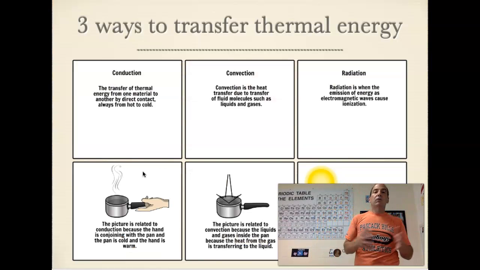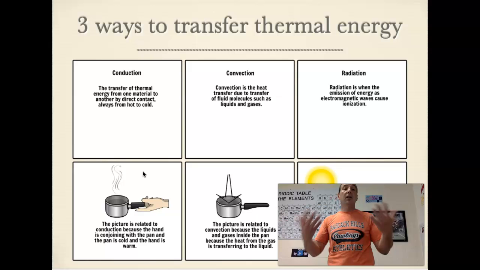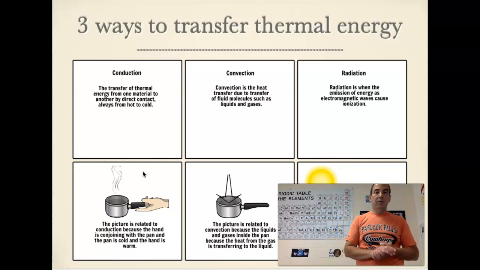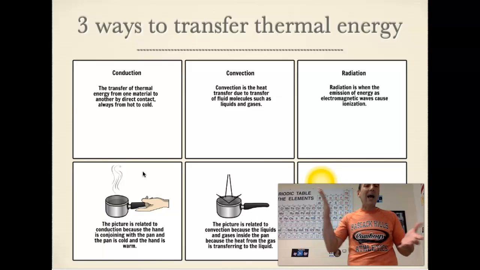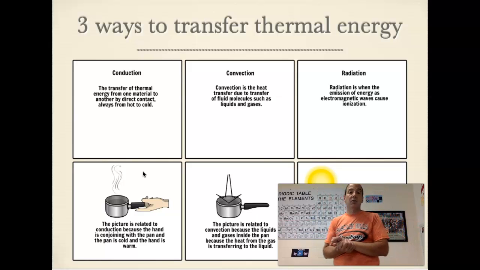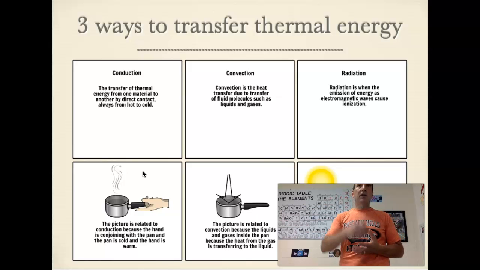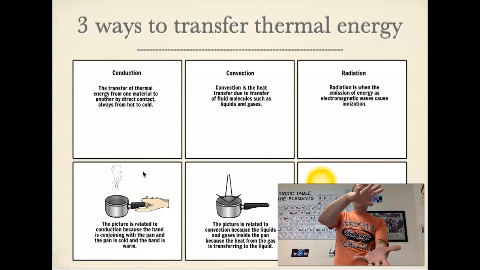Okay, in terms of transferring thermal energy or heating something, there are three ways: conduction, convection, radiation. Conduction means direct contact. So you have a pot on the stove, you put your hand on it, ow! Well, you just conducted heat to your skin. If you put your hand over a pot of water, you can feel the steam coming up. You can feel heat.